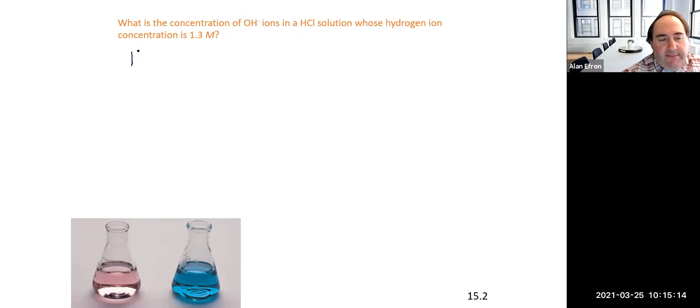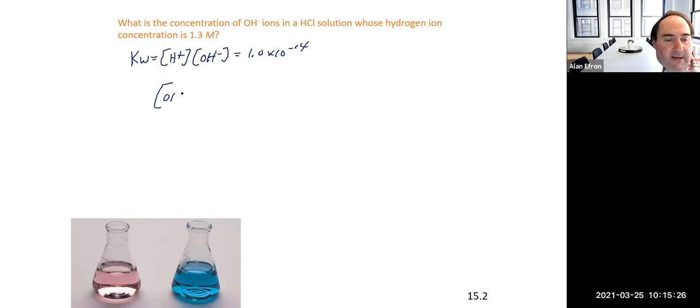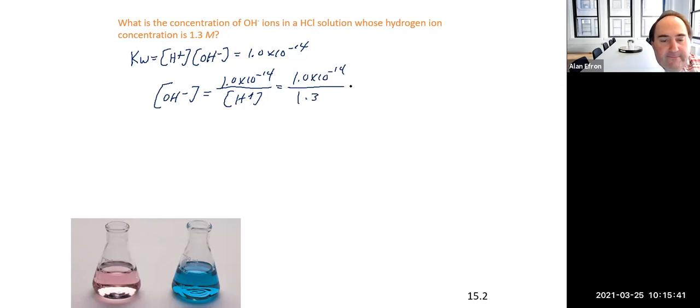So we're going to use our KW, which again is our H plus concentration times our OH minus concentration equals 1 times 10 to the minus 14. Here, we're going to solve for the OH minus. It's really the same calculation no matter which one you've got going on. So 1 times 10 to the minus 14 divided by our H plus concentration, putting in our number there on the bottom, 1.3. That is going to get us 7.7 times 10 to the minus 15 molar